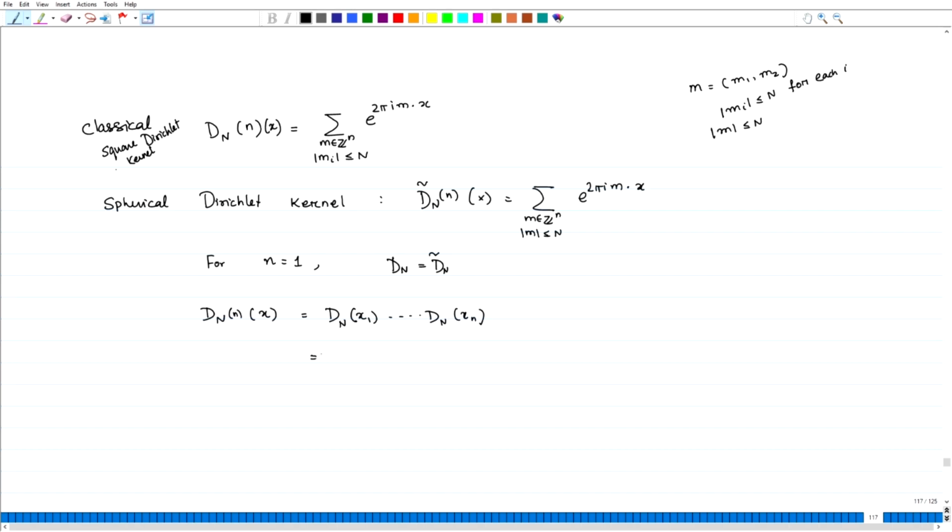So this is nothing but the product for I equal to 1 to n of sin of (2n plus 1) pi x I divided by sin pi x I. That is what we have seen, because this is nothing but the product, it is lying on the rectangle. So it is on the product of this. Then the Fejér kernel corresponding to this,